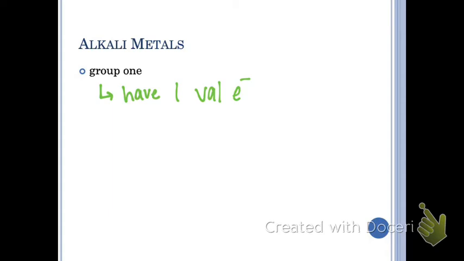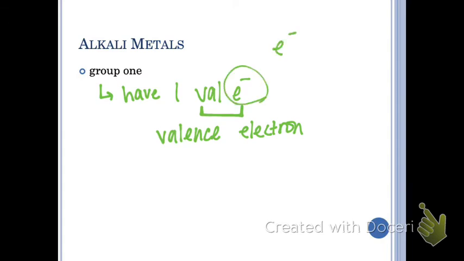Let's talk about this right here first so we know what that means. Valence electron. That's the abbreviation for that. You're going to see me use it a lot. Why do you think there's an E with a little minus sign? Electrons have a negative charge. That's why. Very good. So when I abbreviate E with a little negative, that means electrons. If I'm talking about protons, I'll do it like this: P with a little plus, because protons have a positive charge. Does that make sense why I do that?